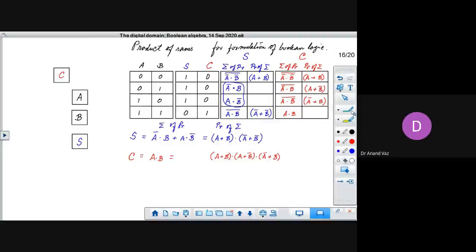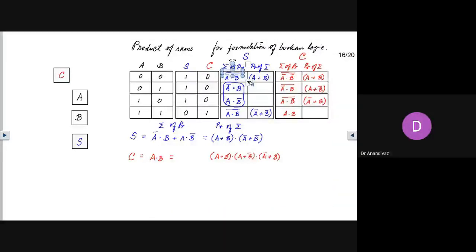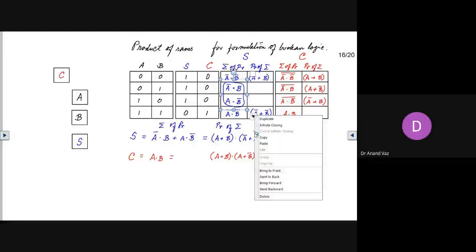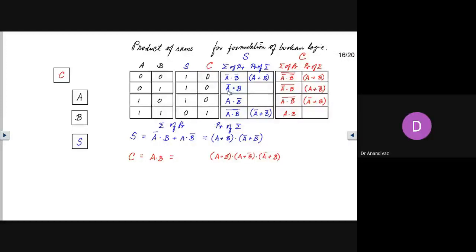In this case, you can see that you have a 1 here, so you will have to use a fundamental product. Corresponding to this, you will have to use not A and not B. Here you will have to use not A and B, A and not B. This will of course give you a 0.